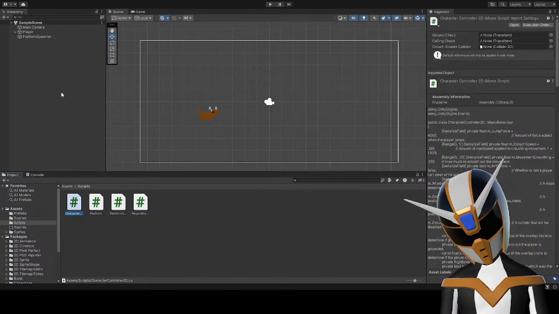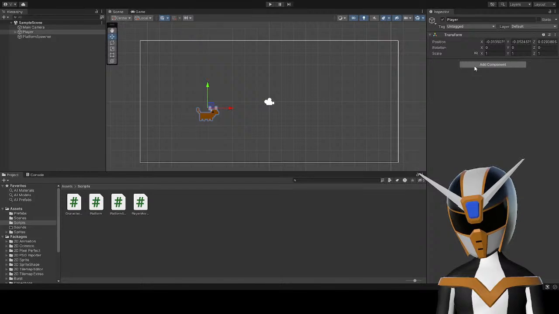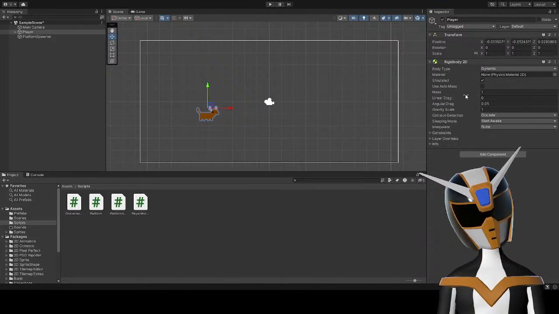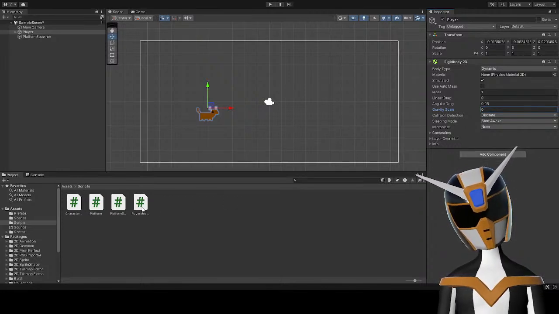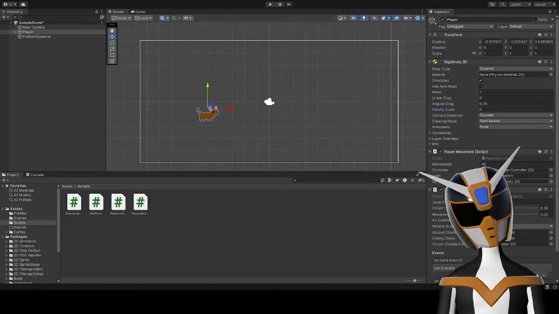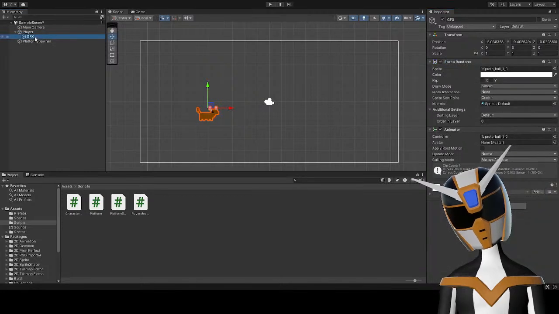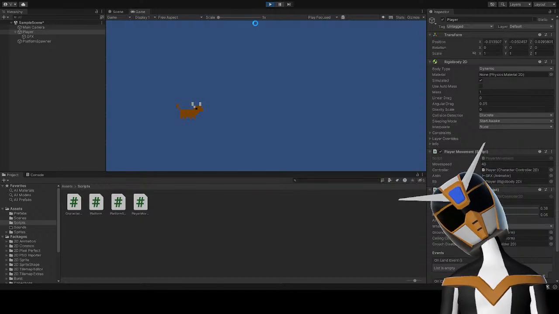Okay. You need to set up the rigid body, but let's do that. But for now, I'm going to turn off the gravity, just to see if I can get everything else working. Then I need the player movement script, and the character controller script. That reference. Reference to rigid body. And an animator. This has an animator on it, doesn't it? Yes. So, yeah, reference that for the animator. And now let's see what happens.